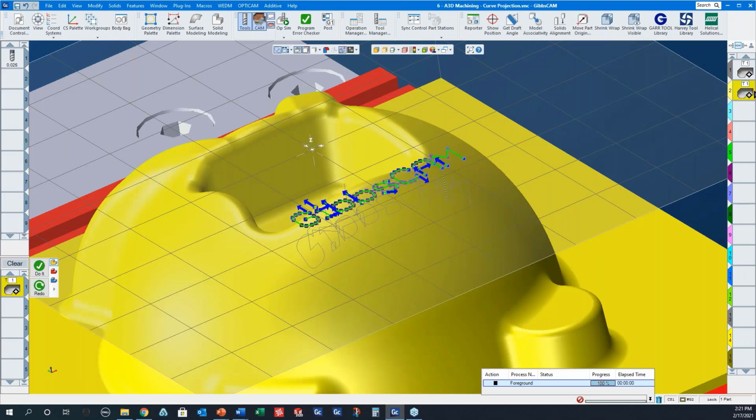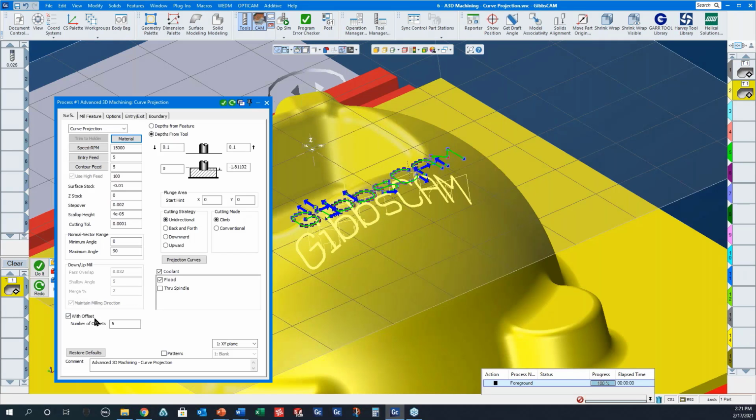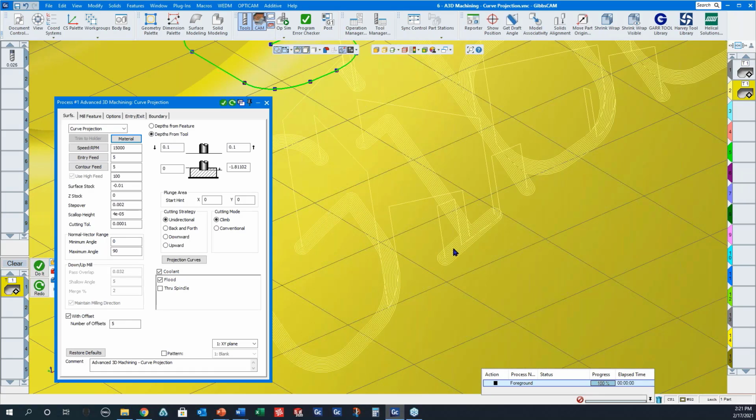But if I switch to the next one, you'll notice I'm telling it to offset 5 times with a step over of 0.002, which is going to take that single line font, but actually offset it for me to create thicker letters. And something else I'd like to point out on this particular file, if we look at a front view,